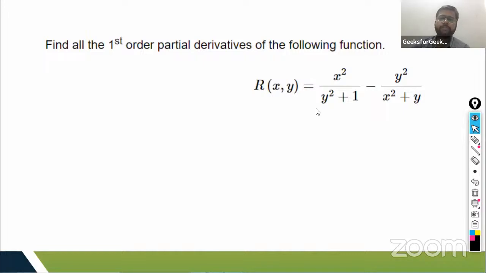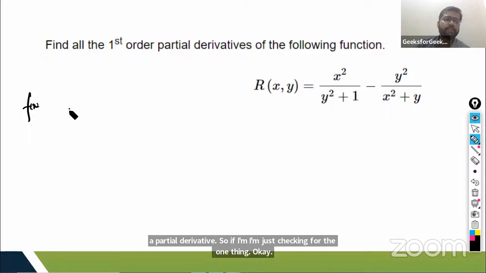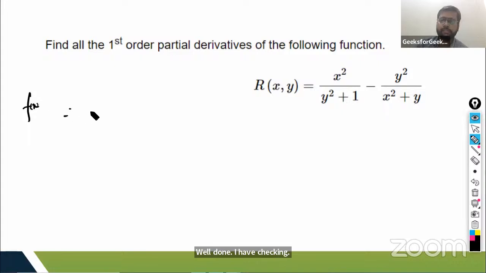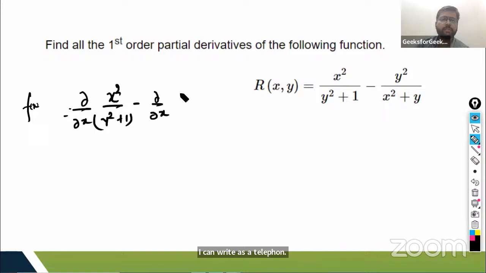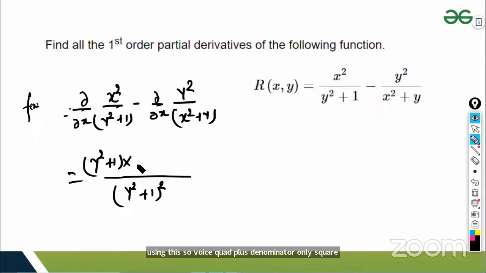First order partial derivative. If I'm checking just one thing, for fx, I am checking del upon del x. I can write it as del upon del x of x^2 upon y^2 plus 1, and del upon del x of y^2 upon x^2 plus y. In that case, what I'm doing here, suppose I'm using this one, is y^2 plus 1, denominator whole square, y^2 plus 1, into